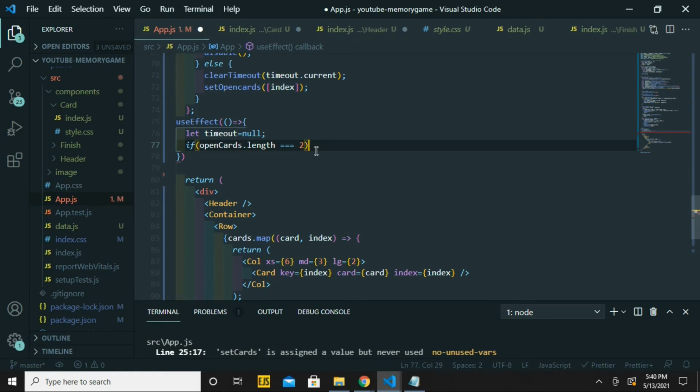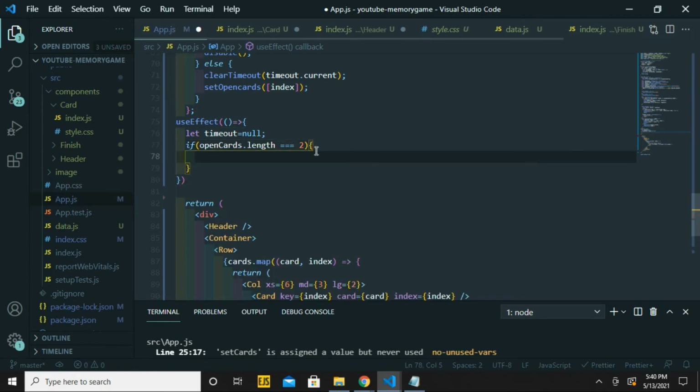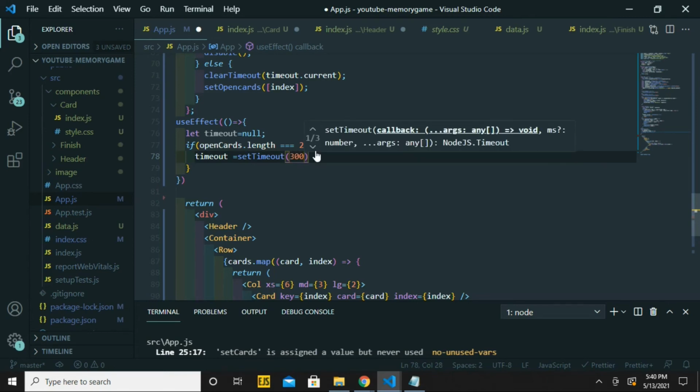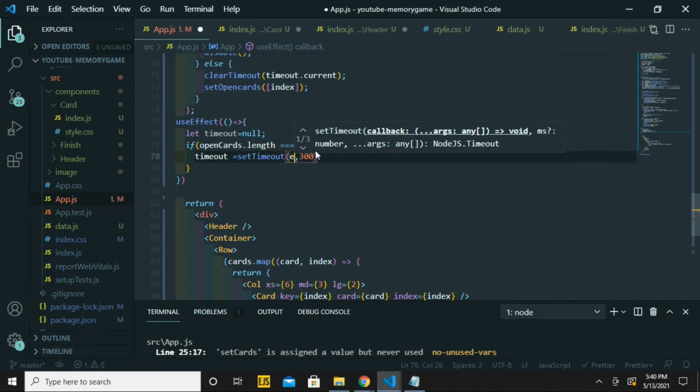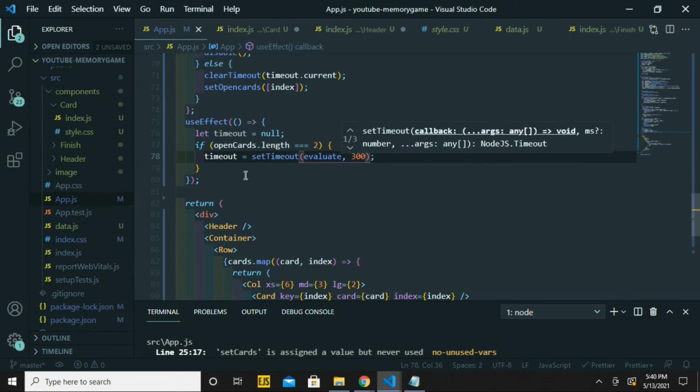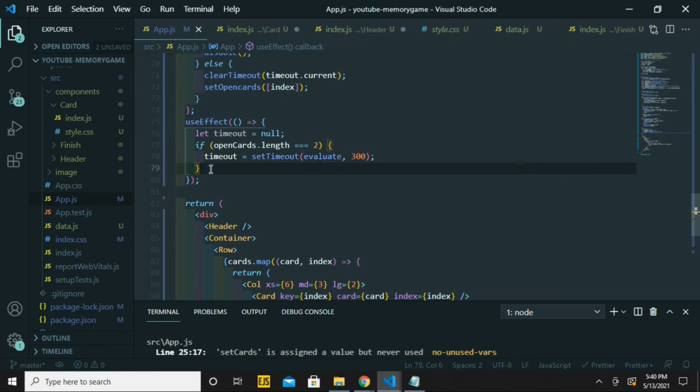Then we want the timeout to be there by 3 seconds. So timeout is equal to set timeout by 3 seconds, and also evaluate, save it, and we are going to return